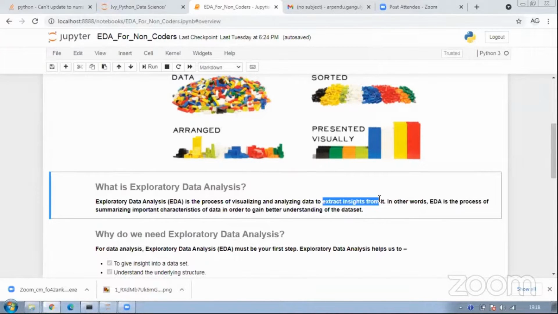A very simple example of that would be, let's say I'm saying the average age of people living in, let's say, Los Angeles is, let's say, 31, right? And this is just a fact. It's just information, right? What is an insight from it? That's what EDA's true definition is.